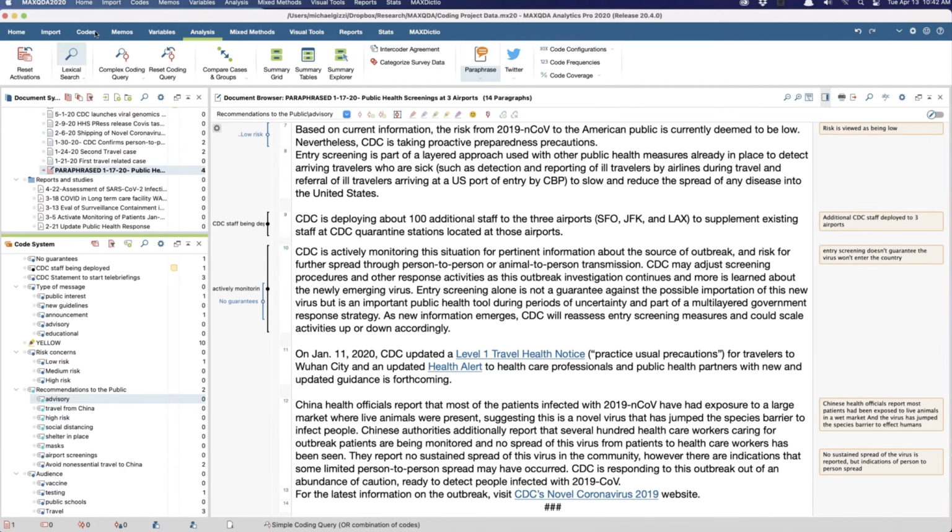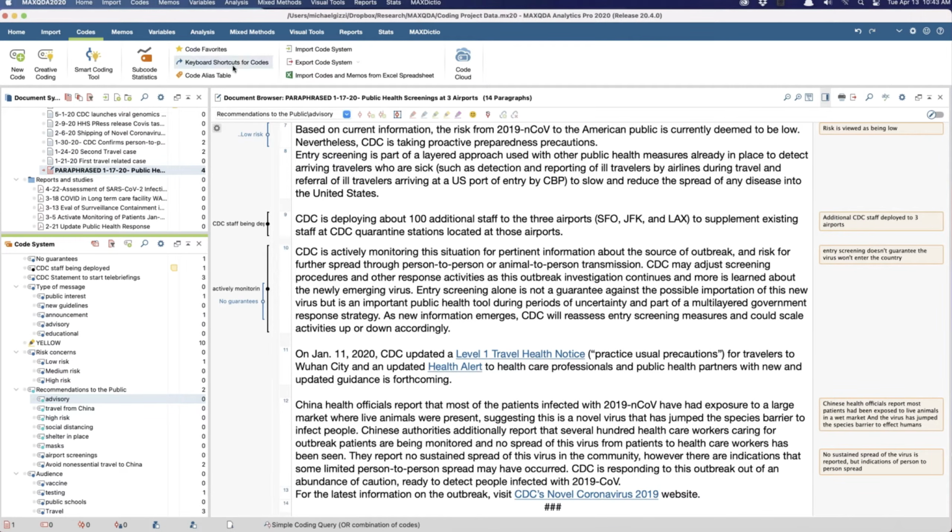In fact, the name of the code is going to be type of message advisory, right there.